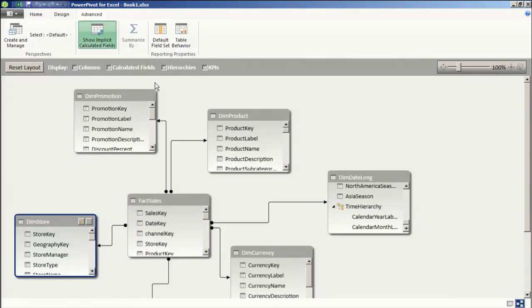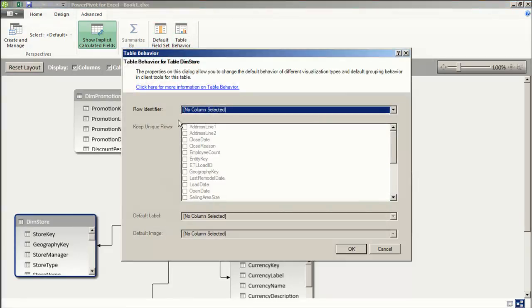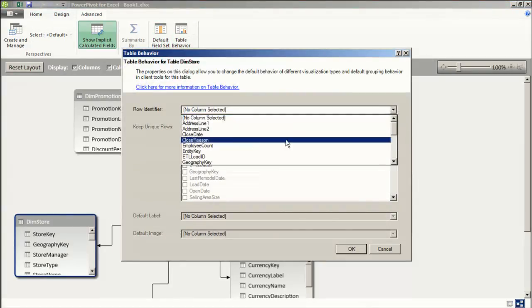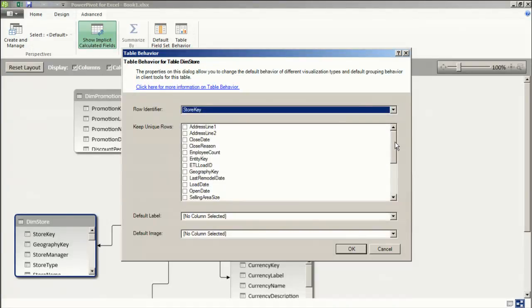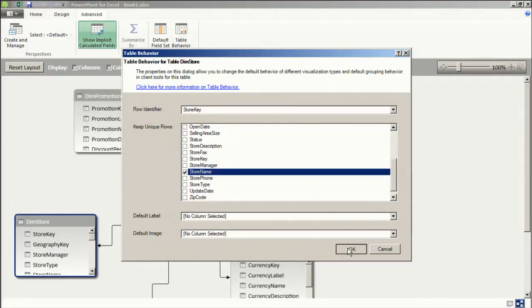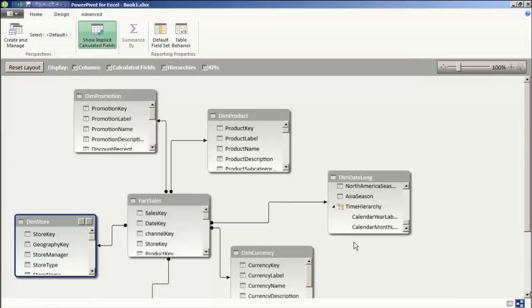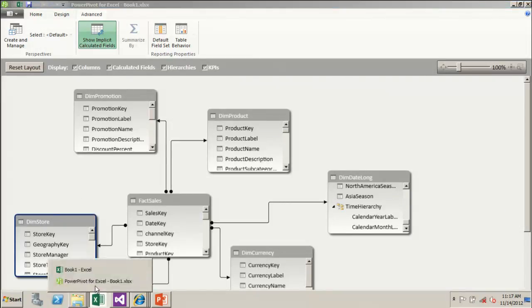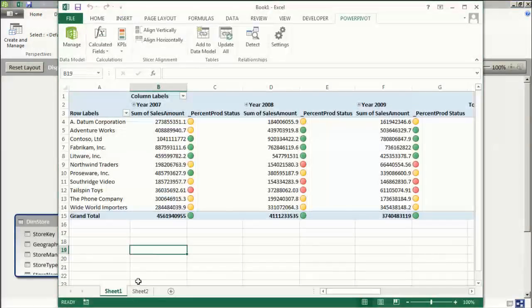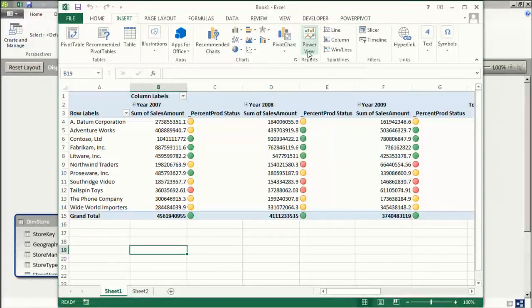And then I can come in here. We say that store key is the row identifier, and store name is what I care about here. So now when I go back to Excel, and if I go to Insert, Power View,